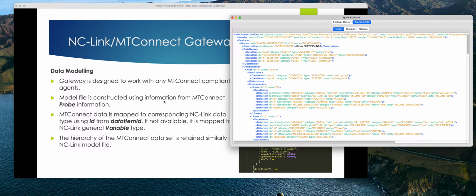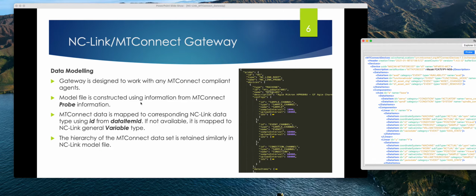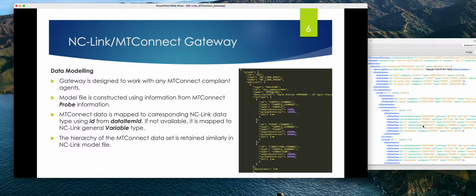So in the gateway, the first thing it does is construct the model file from this meta information. Now, the MC-Link data model has several sections. One is to describe the sample channel, what kind of data are available in each channel.